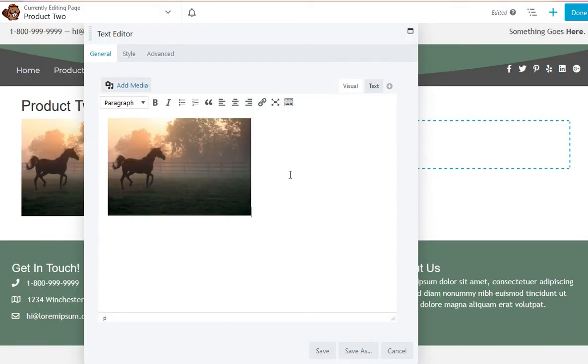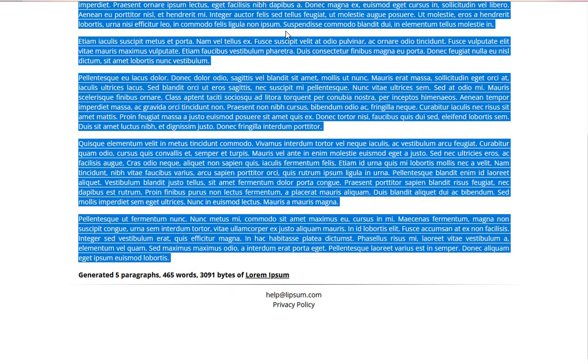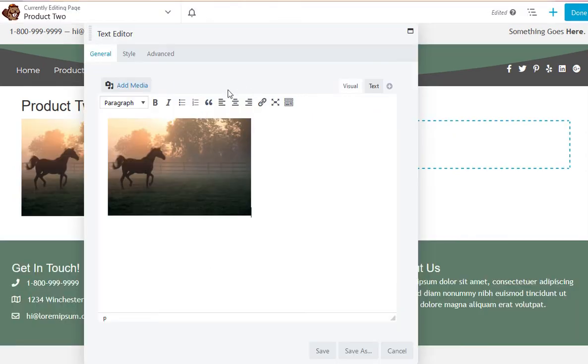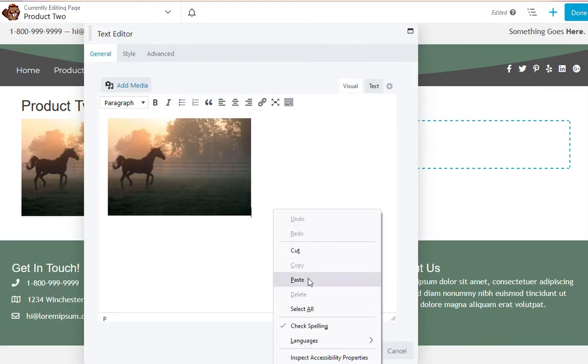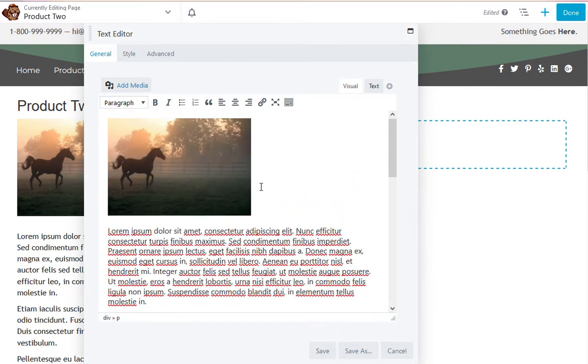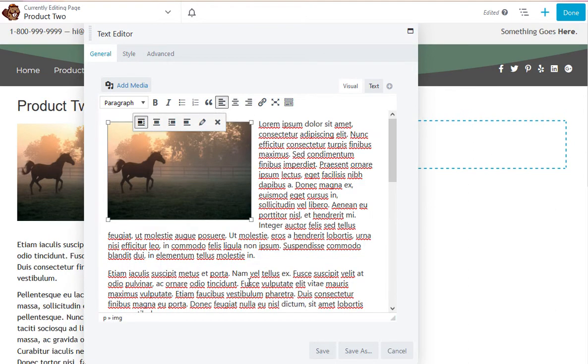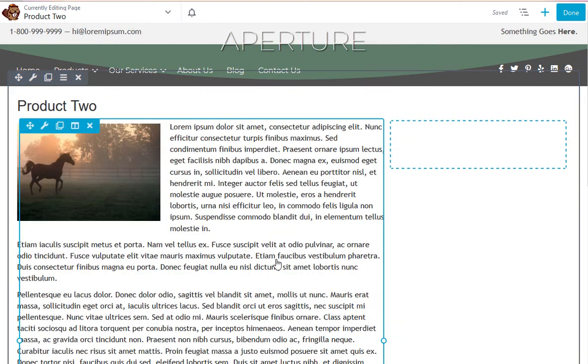And then I'm going to go grab some text and see if I can drop some text in here just so I can have something to look at. I go to lipsum.org and I just grab some placeholder text, and I'm going to go ahead and paste it in there. Alright, but it doesn't wrap. In order to wrap, I've got to left justify the image. There you go. Now I'll save it